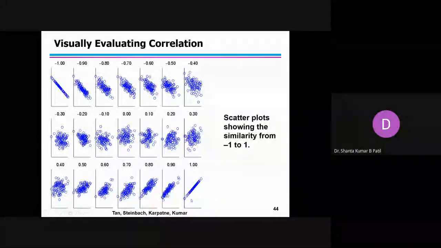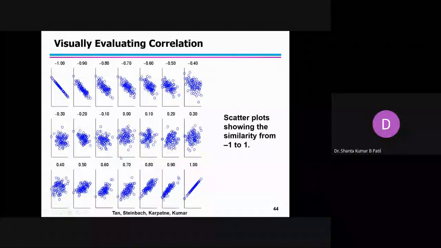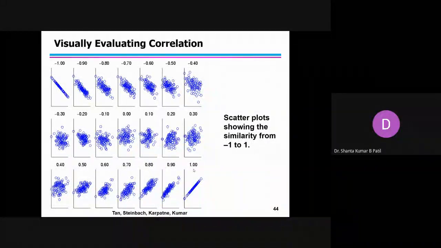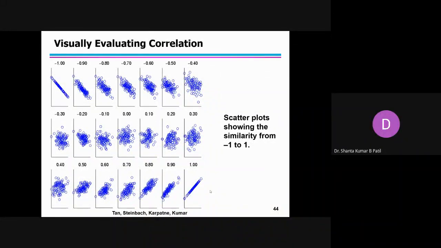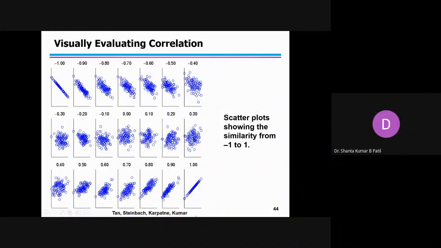If the similarity is +1, this is a very important one. Please understand this concept. To understand these two concepts, you compare these two. The similarity is one means x and y are the same values. For example, x is 1, y is also 1. X is 2, y is 2. X is 100, y is also 100. So x is 100, this point is 100, so y is also 100. 100 plus b. That's a little bit more as compared to the x.